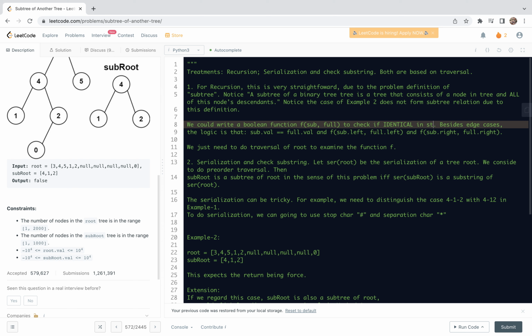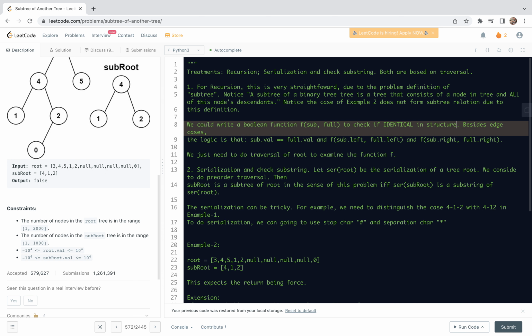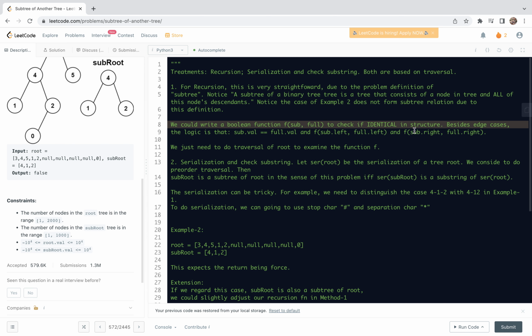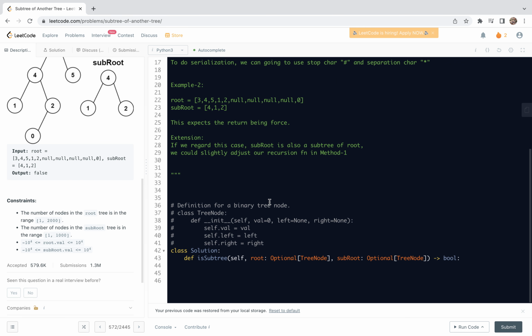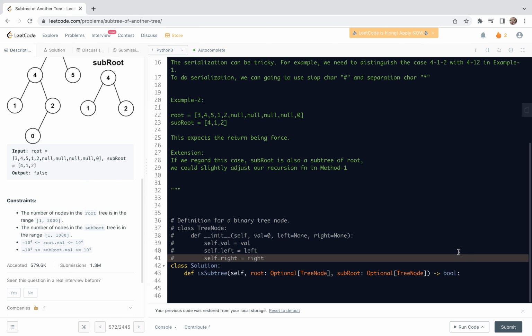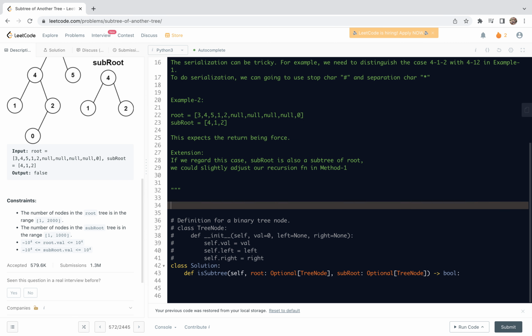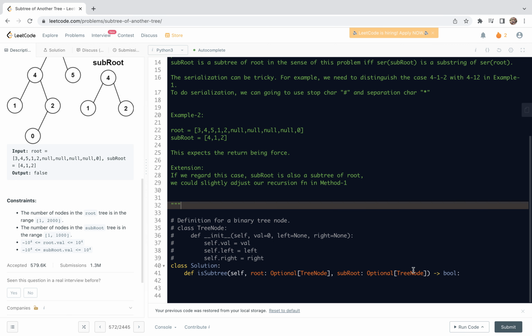In structure and the corresponding value. In graph language, it's isomorphism. So next, we just need to do traversal of the root to examine the function, right? Let's first write a code for this first treatment, right? So for this, I'm going to follow the above explanation